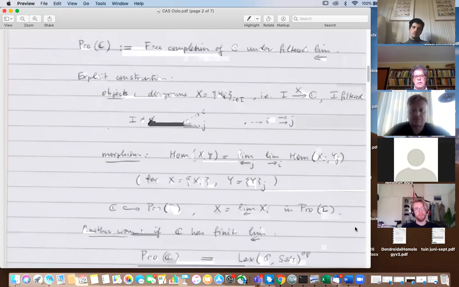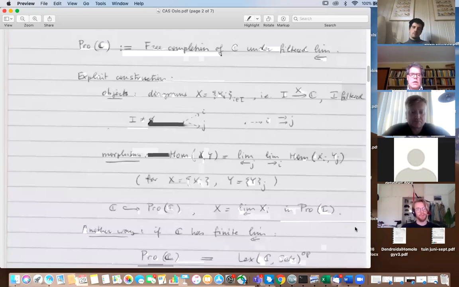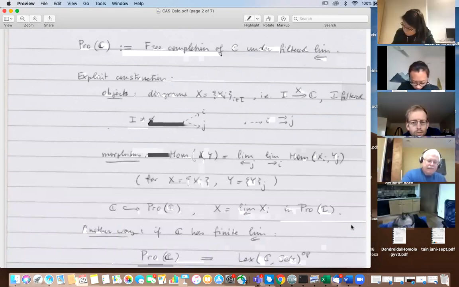Okay, these are very classical things. There's another way of constructing Pro of C when C has finite limits. Namely, you take the left exact functors from C to sets, and you take the opposite of that category. If you want to understand that description, maybe it's easier to go to the dual case. The Ind-completion of C is the